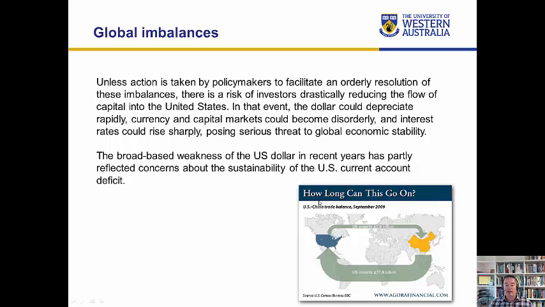Now, in this diagram, they've posed the question, how long can this go on? Because eventually China is going to limit, or want to limit, the amount of investment money that it sends to America. And when the amount of investment money that it sends to America stops, then America's ability to import from China must stop as well.